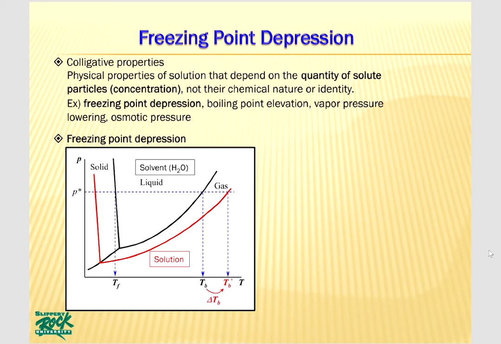This boiling point elevation is represented by delta Tb. However, the freezing point of solution decreases from Tf to Tf prime. The freezing point depression is represented by delta Tf, and the delta Tf is what you should measure in this